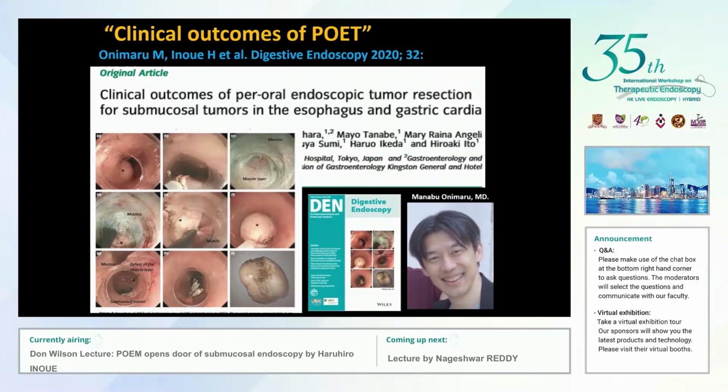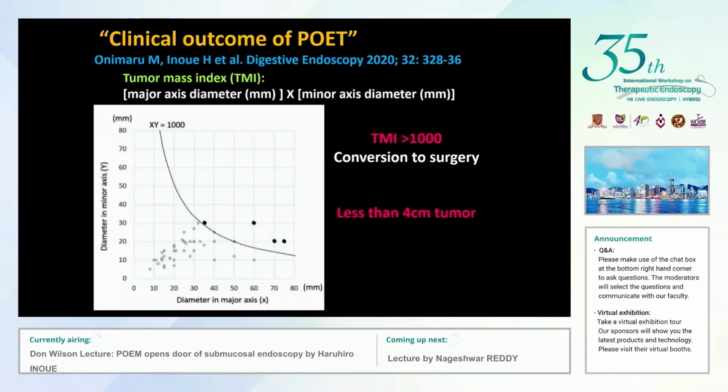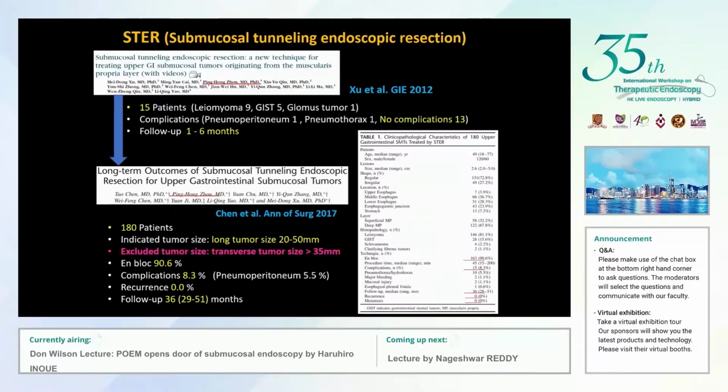So one of my colleagues, Dr. Onima, reported our results of a POET. So in his analysis, a tumor less than 4 centimeters is a good indication. So this is data of a STAR from a large dataset from